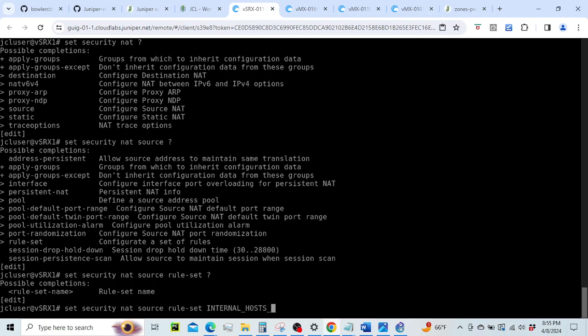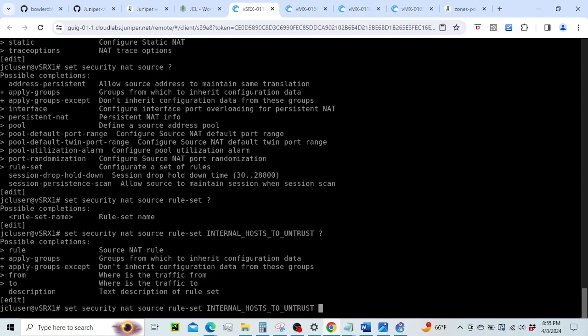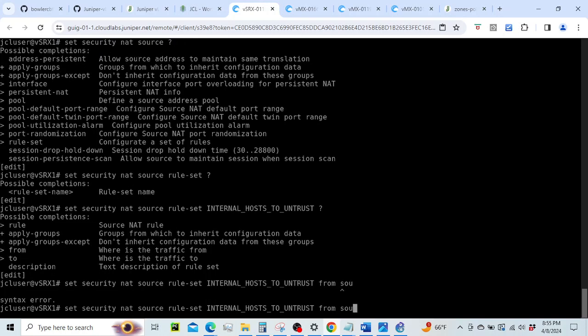We'll do internal hosts to untrust. It's always good to have a good name for your policies so that you know exactly what they're intended to be used for. If I do a question mark, now here's where I put my match conditions. So I'm going to do from source